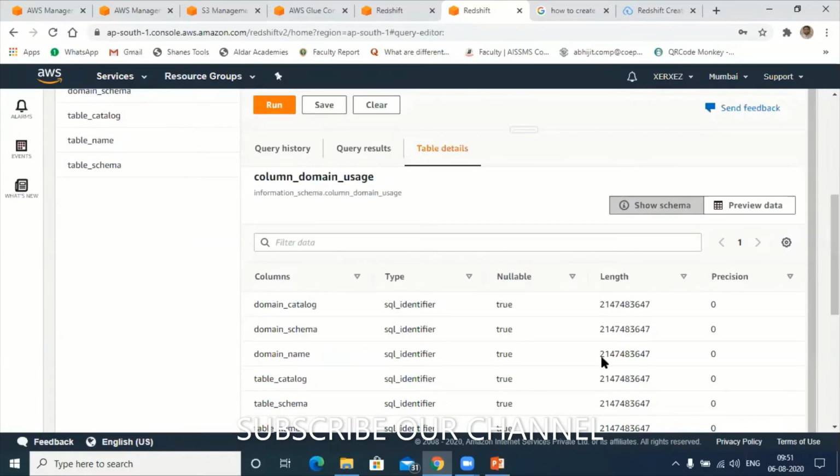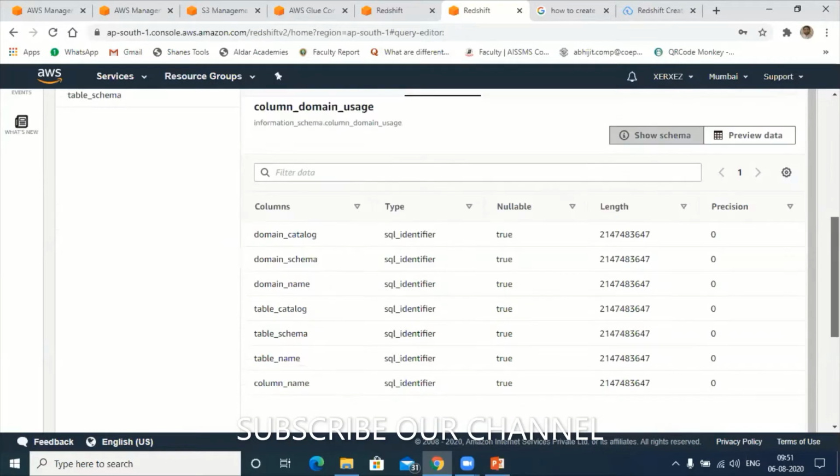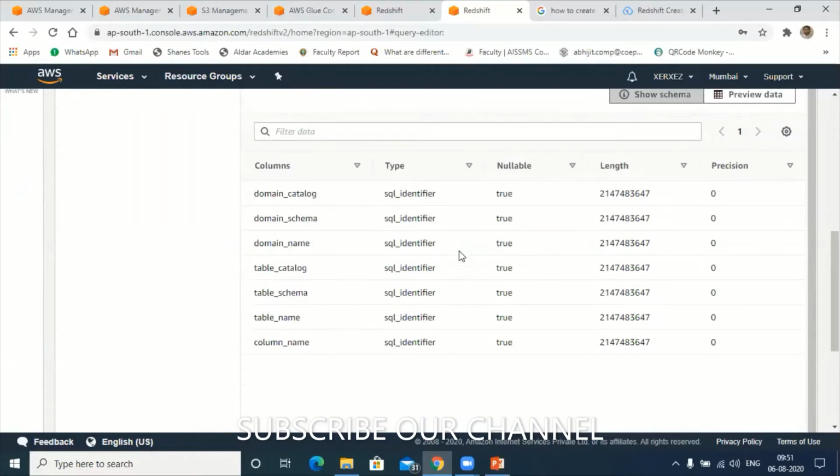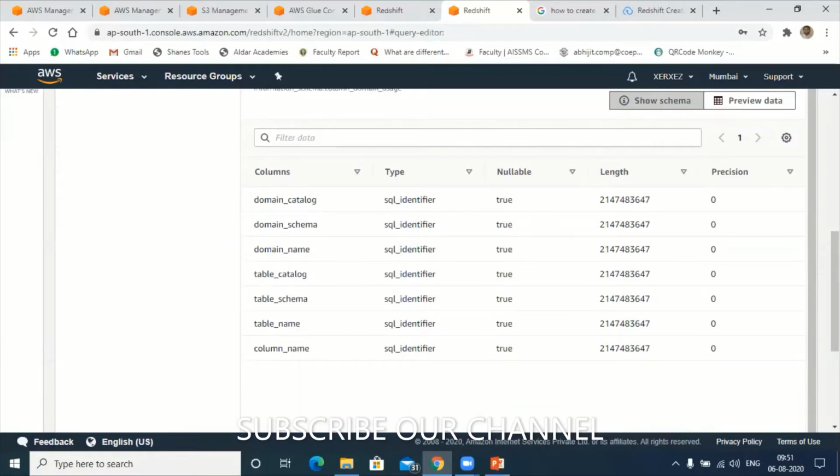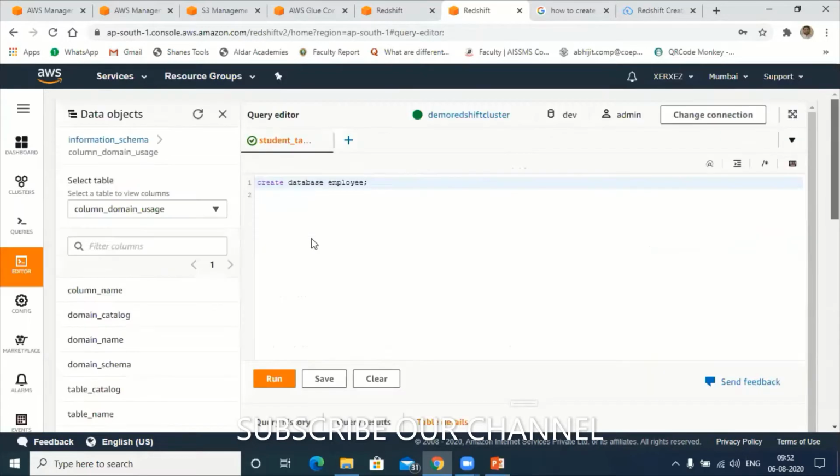So you will get all the column names related to that table. You see here these are the attributes, the length, and these are the type. SQL identifiers are shown here.